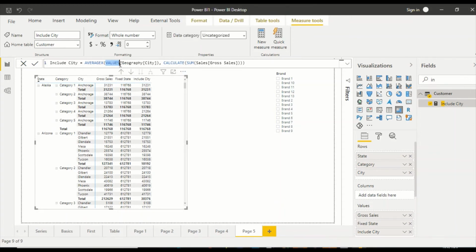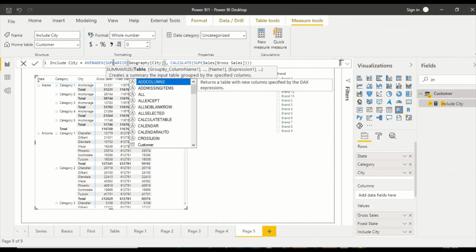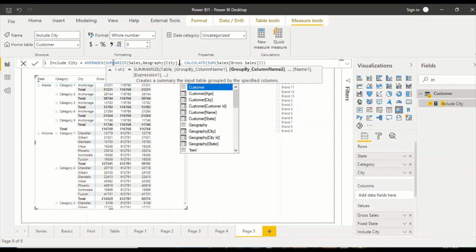So we are going to make a little bit of change out here, and instead of values I'm going to use summarize. Now when I use summarize, I actually need a table. So I'm going to take the sales table, because sales is the central table. I can take a dimension with it. So I take a geography dimension, I'll remove it. Right now I'm still writing the summarize. In the average x, I am writing a table, and the table is the summarize table. And then I'm also going to take